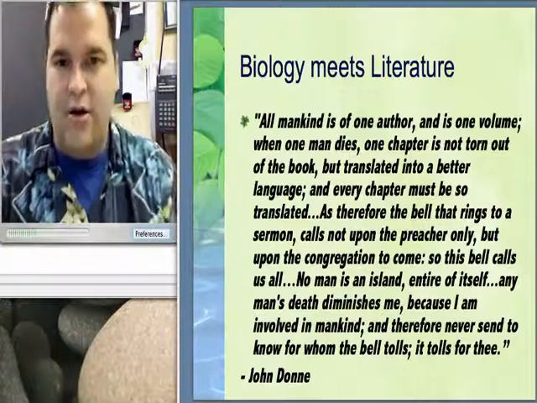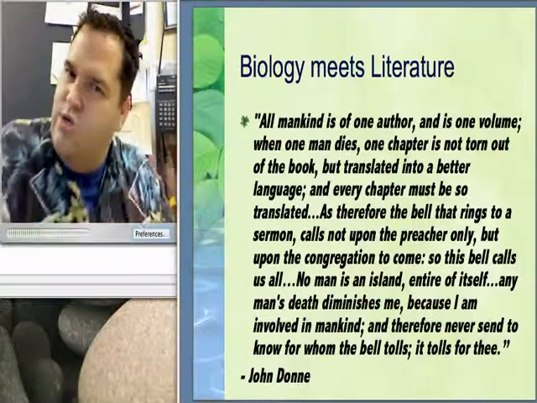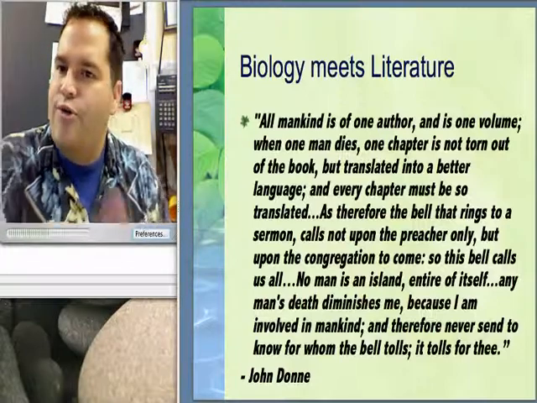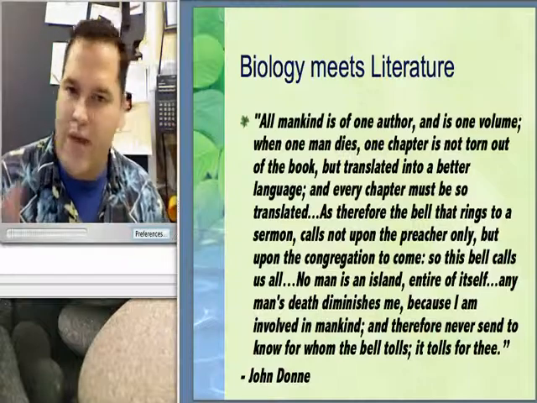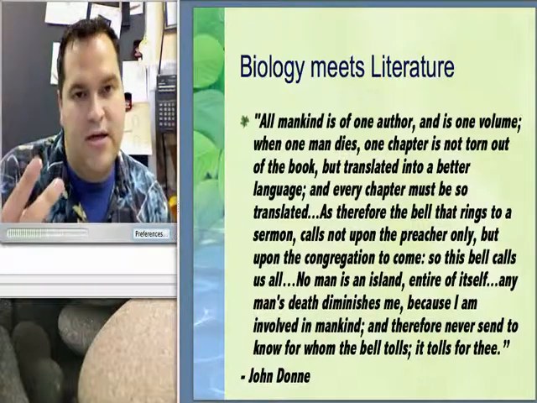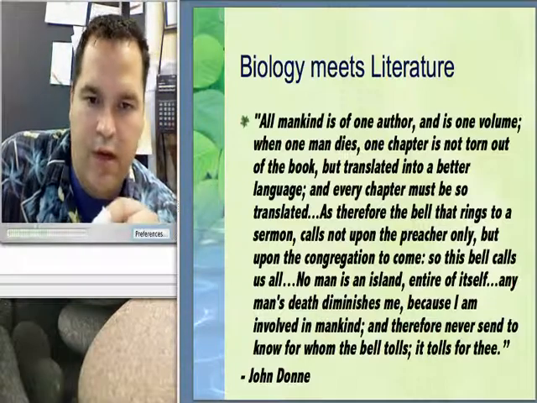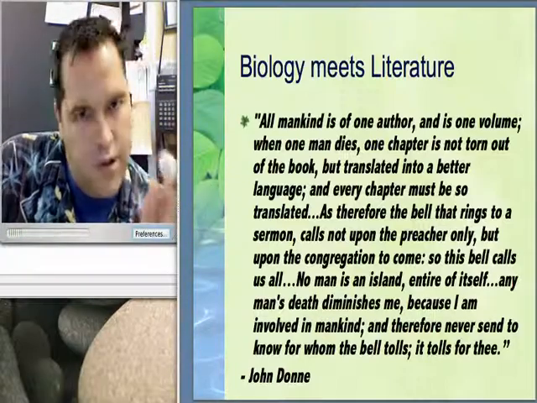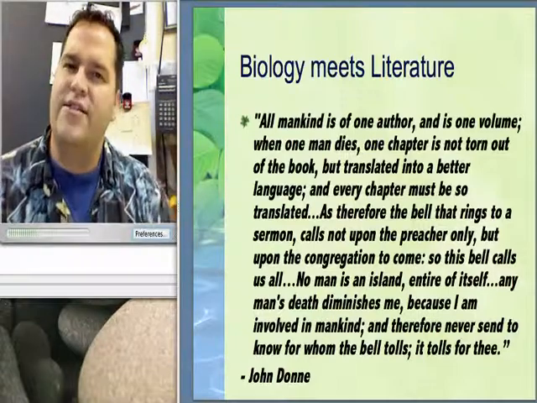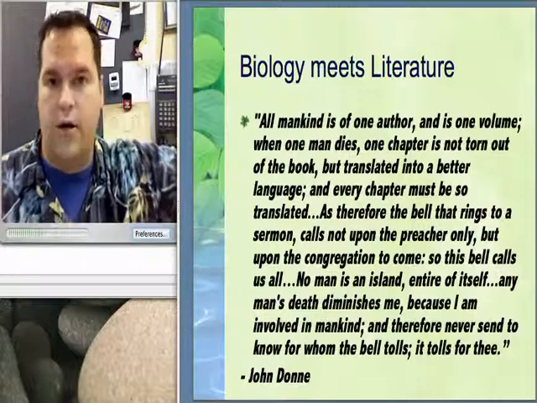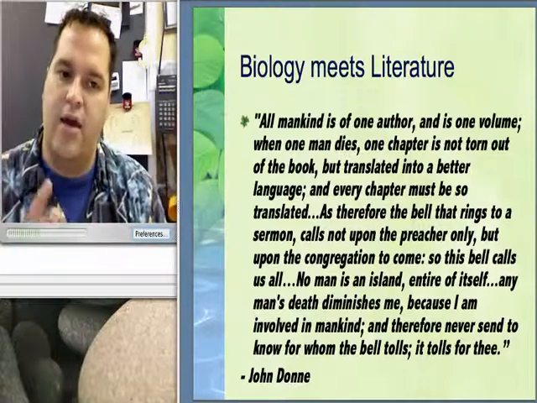When there's waste, the bugs and the trees and everything, they use that waste for themselves. They translate it into something useful for them, even though it's somebody else's waste. So far we've got two things that John Donne was right on. So he says that if that's true, then the things that affect the tree affect me. The things that call the preacher, call the congregation, the things that affect one living organism also affect me. So he's saying that we're kind of interdependent.